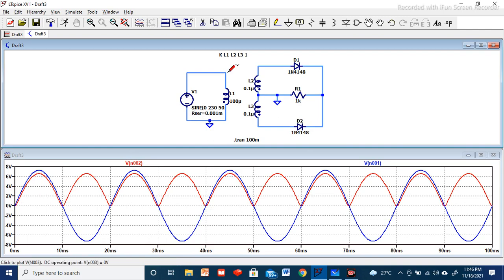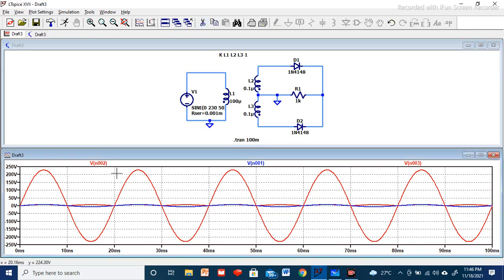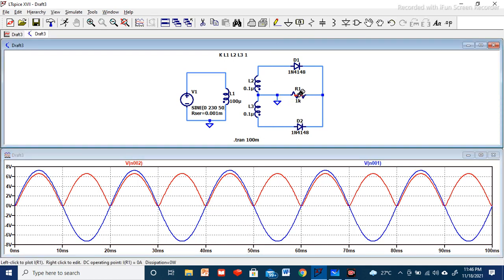And if you want to see the primary voltage here, it will be quite high, 230 volt. So now we can see the output voltage is much smaller. This red color is the DC output and blue one is the AC input available at the secondary winding. So now if you want, I'll delete the third voltage which was VN03. Again we can see the... okay. If you want to see the current also across this R1 resistor, when you have this kind of arrow symbol, if you click it, you'll get the current waveform. So I hope this is clear to all of you.